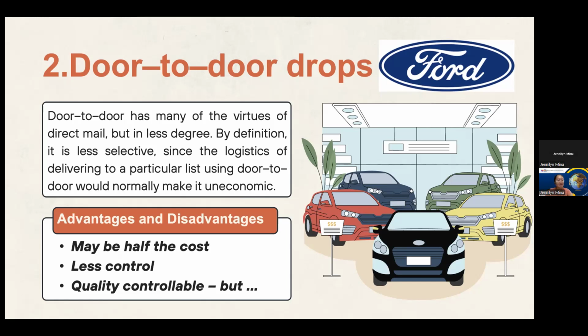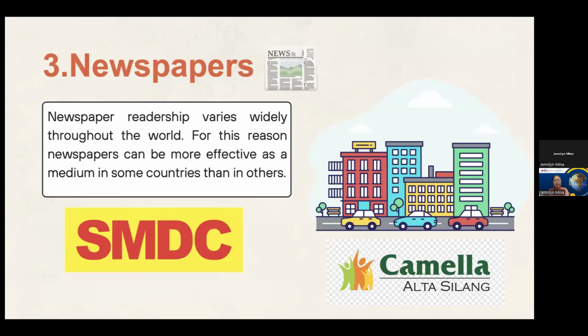All right, so let's continue with newspapers. Newspapers are a traditional medium for advertising that can be very effective. If you open a newspaper of today's issue, then you can see a specific section where brands are advertising their products and services, especially in regions with high readership. They allow businesses to reach a broad audience through local, regional, or national publications.